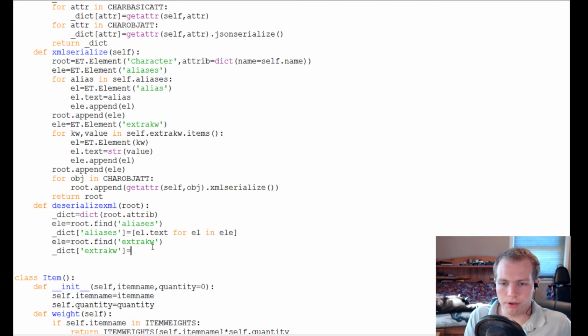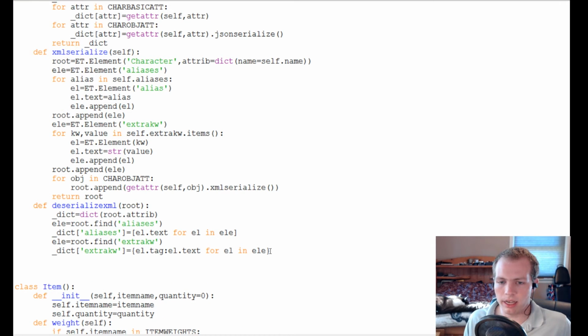So we're going to do for L in LE, throw our curly brackets on L.tag, L.text. For each of these, we assign a dictionary value using the curly brackets, using a colon. So for each of these, we're going to have the L.tag as the key and the L.text as the value. And we just close our dictionary braces. And that is done. And then I'm going to go ahead and do for obj in char obj at,